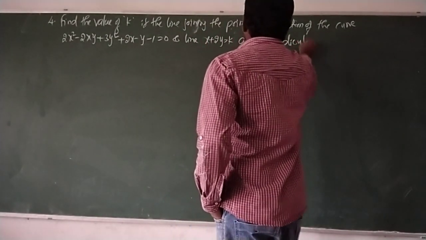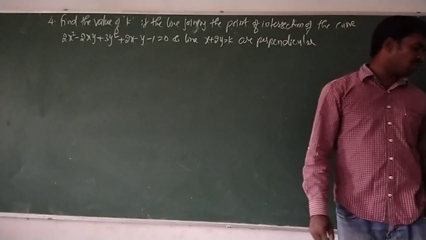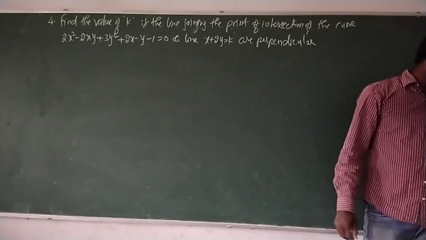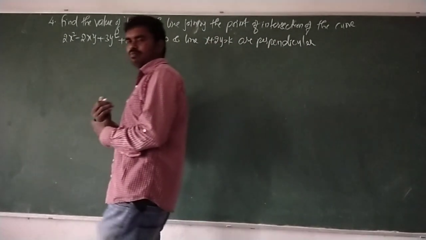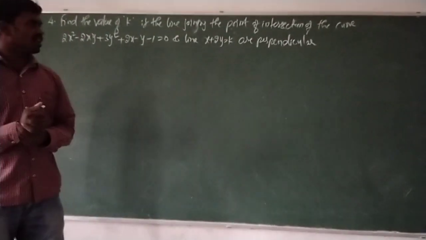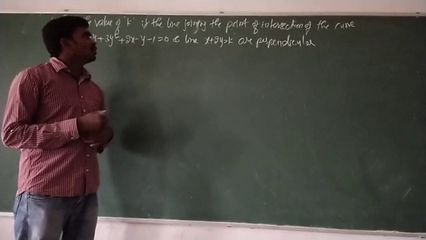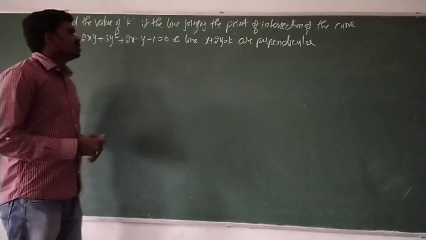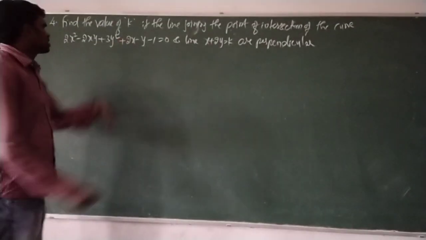See, for this question, even if you remember the answer also, very good. You must remember your answer also. Answer is plus or minus 1. Because in the middle of simplification, if you make a mistake anyway, finally we can know what the k value is. If you know that, then we can connect the answer. So k value is plus or minus 1. The answer is, how to do the same process.